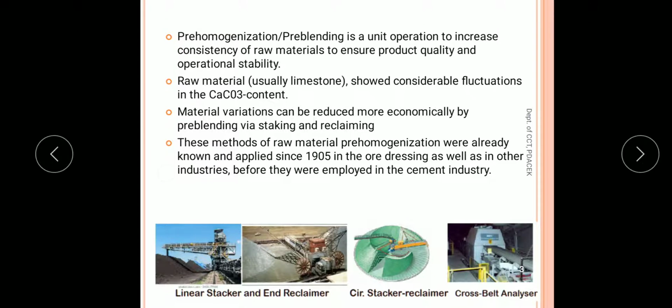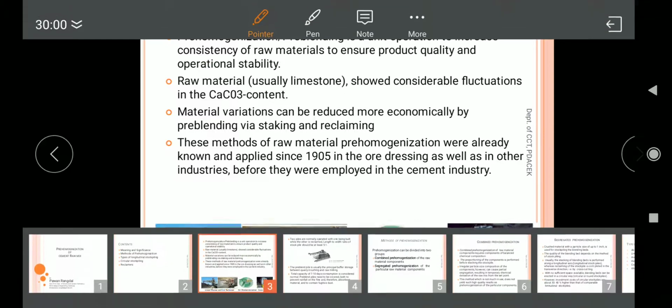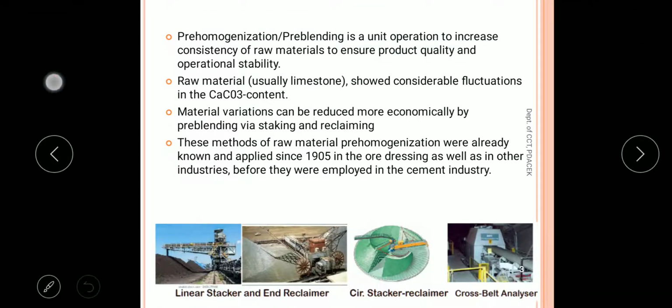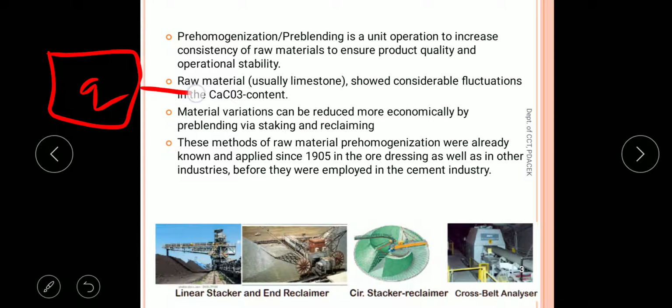So what happens is, suppose this is the quarry or the mine. You get large lumps of limestone from the quarry, and they will undergo primary crushing. As you know, jaw crusher, gyratory crusher, cone crusher are used in a cement manufacturing unit for crushing the large lumps into small pieces.